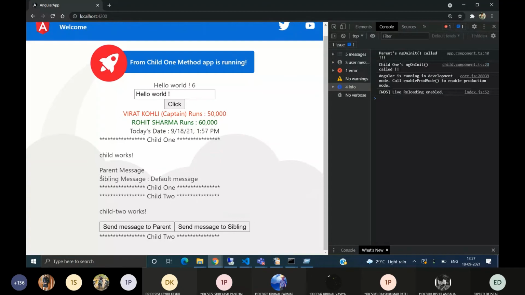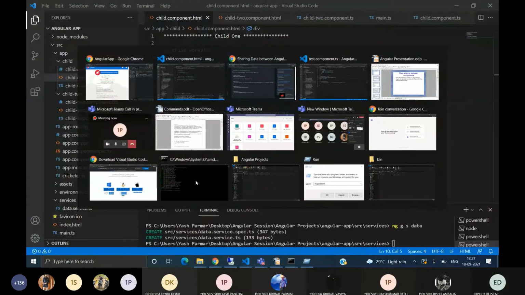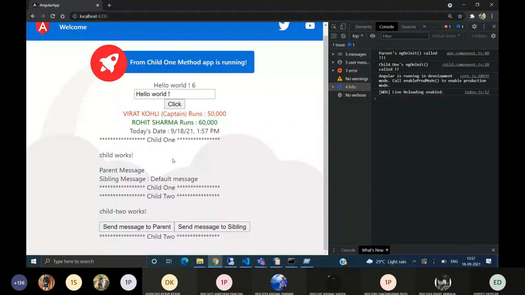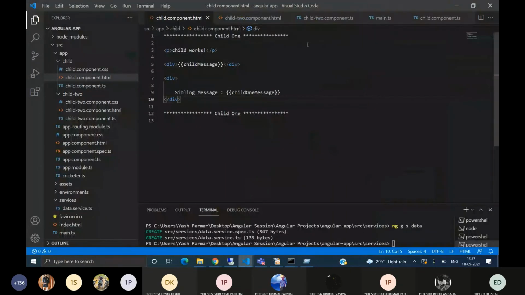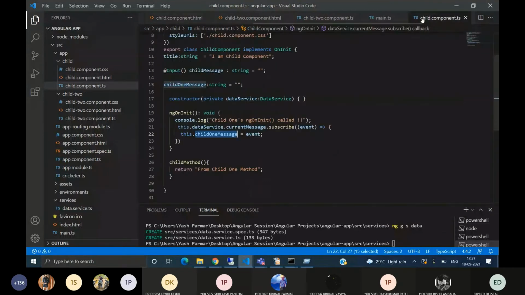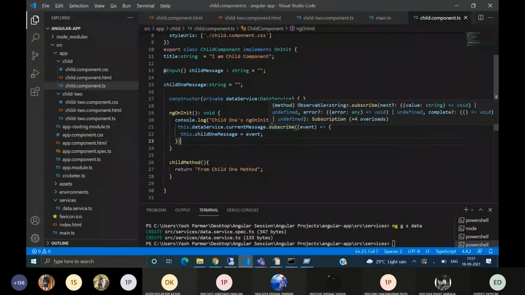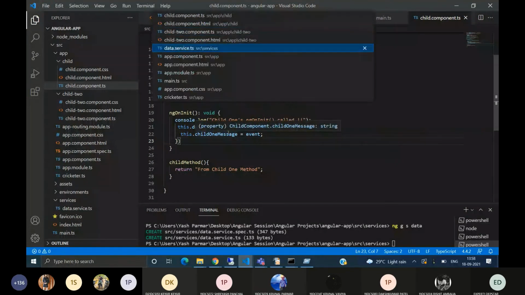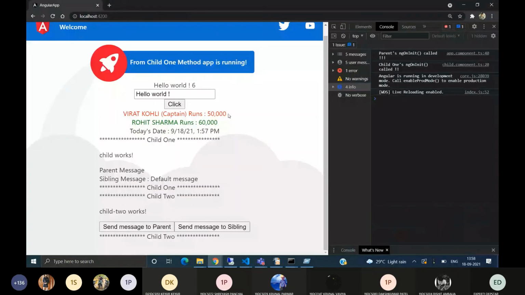So this is sibling message, the default message that this child one component has fetched from the data service. On ngOnInit, this subscription has been called. It will only be called once, but it will be there until this is destroyed. So our default message from the data service has been called here.